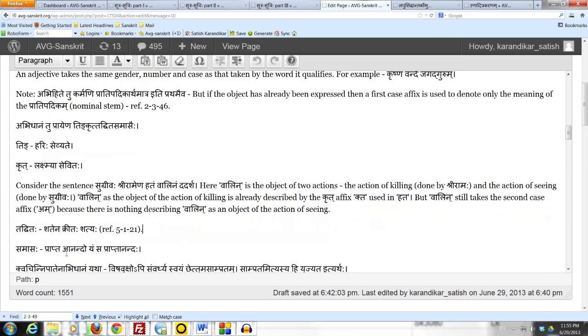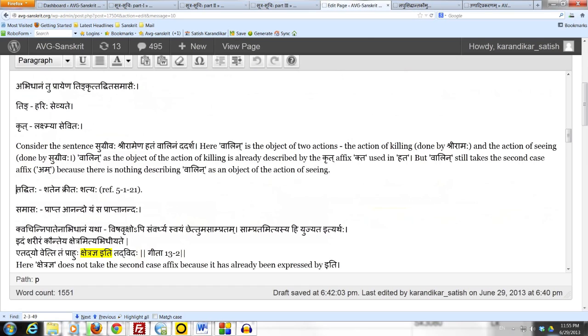Okay, let's take a case where a tadhita pratyaha describes an object. Now we have not just studied this section of tadhitaha, but we can just quickly look at this example to the extent that it affects the assignment of a case affix. Example here is Shatena Kritaha Shatyaha Ashvaha. A horse has been purchased at a price of 100. Bought for 100. The horse is the object of the purchase. One who bought. For him the ipsita tamam is the Ashvaha.